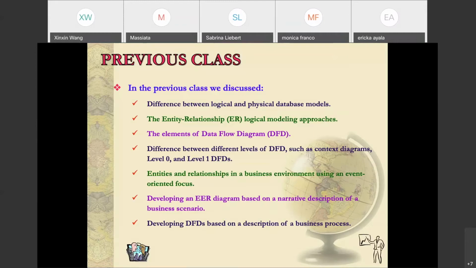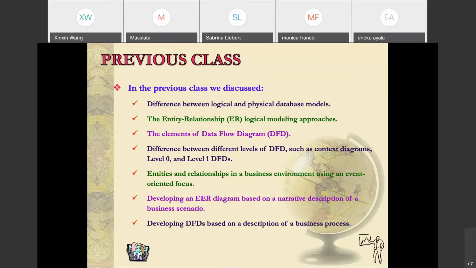And we learned about different elements about DFD. We learned about the differences for each level of the DFDs. And we also introduced the concepts such as context diagram, level 0 DFD, and level 1 DFDs. So we also understand the REA modeling related to the